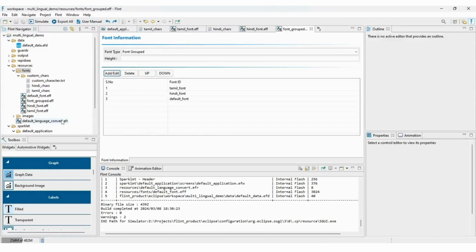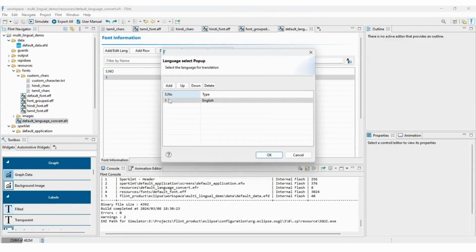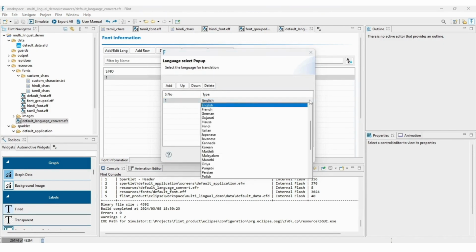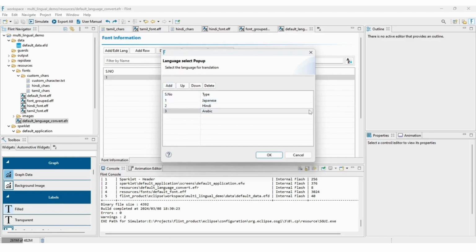Double-click on the EFR file under Resources. Now click on the Add or Edit Language option. Next, select the desired languages from the language selection dialog: Japanese, Hindi, and Tamil.